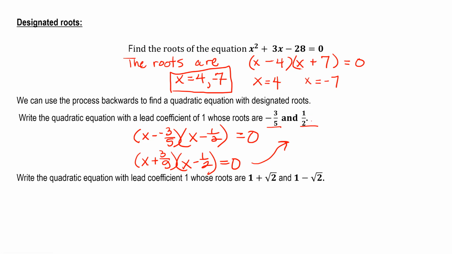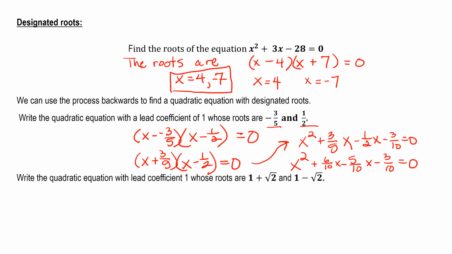So if you FOIL it out, you're going to have x squared plus 3/5 x minus 1/2 x minus 3/10 equals 0. So x squared, you can make that 6/10 x minus 5/10 x minus 3/10 equals 0. So x squared plus 1/10 x